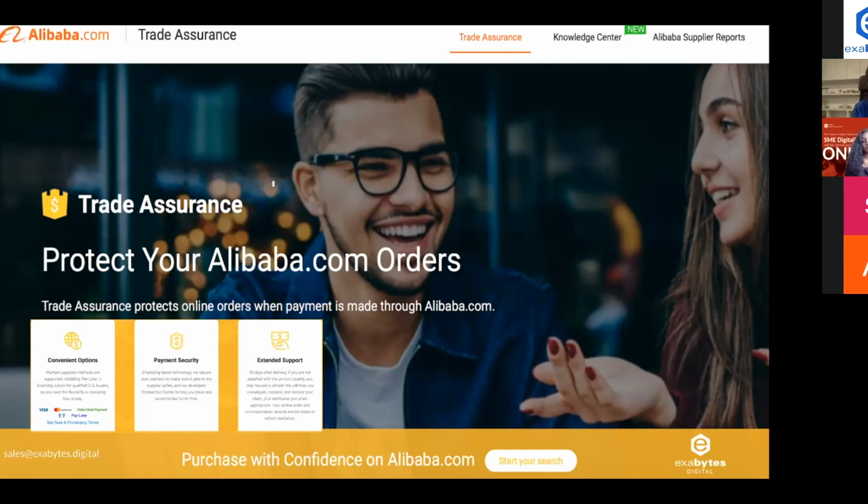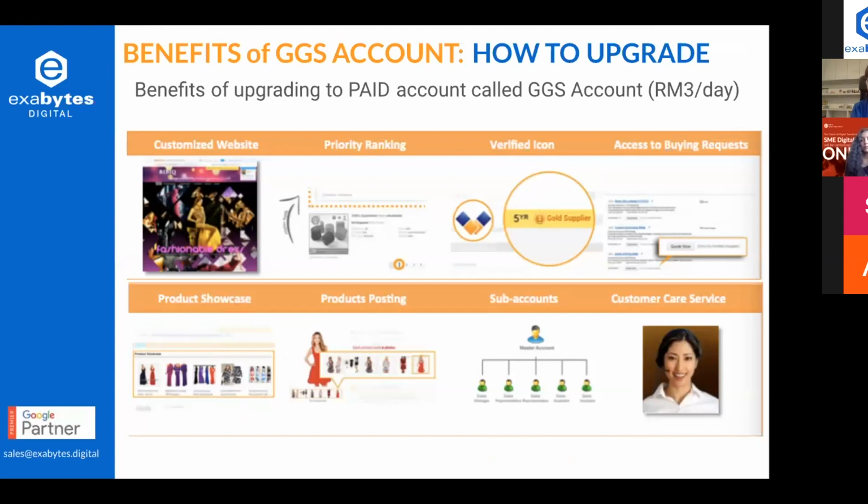And what Alibaba's role here is they can help you become a guarantor for the payment and everything. The payment will go into their payment system, which is Alipay, and the payment security is there, because you need a guarantor. If it's cross-border trading, trust is something that everybody is looking into. So that will help you to purchase with more confidence on Alibaba.com. So that will trigger another question.